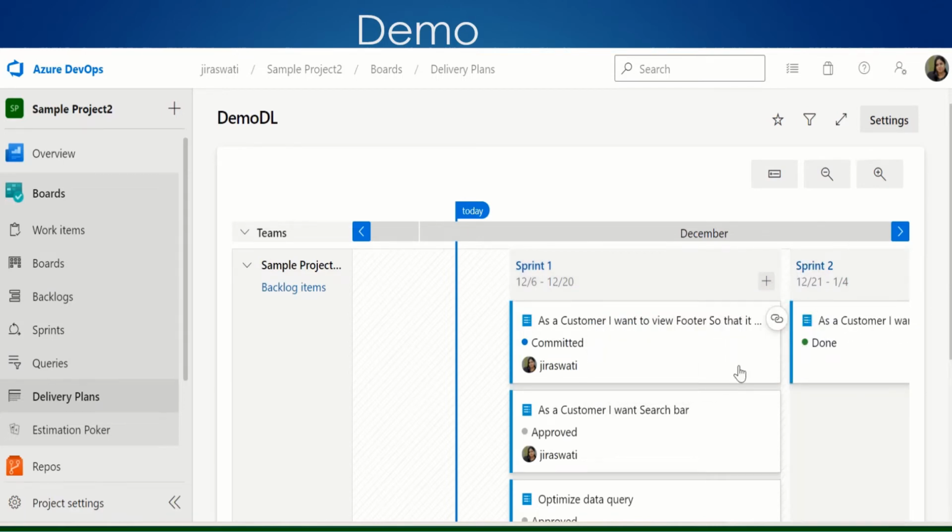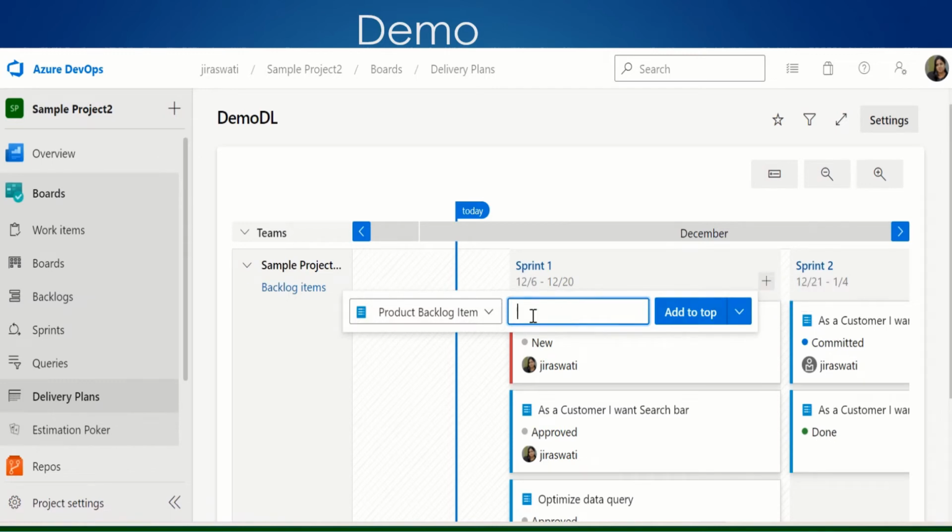What we will do, you can also put in sprint 2. Based on your delivery, if you feel there is a dependency on any team and you need to drag your work backlog based on that, you can also create an item, product backlog item, or a bug, anything.